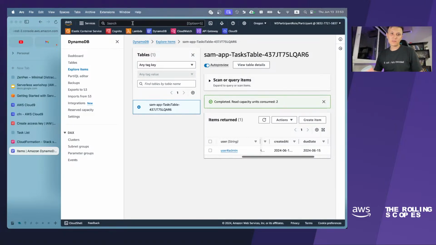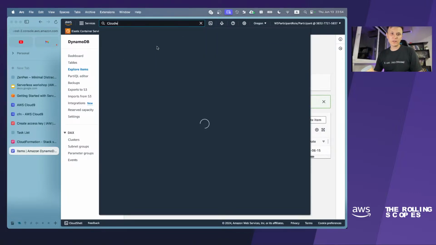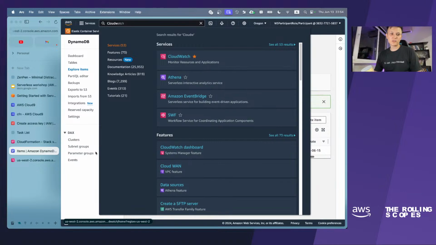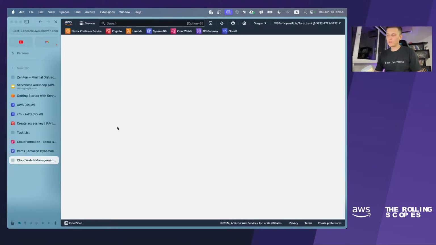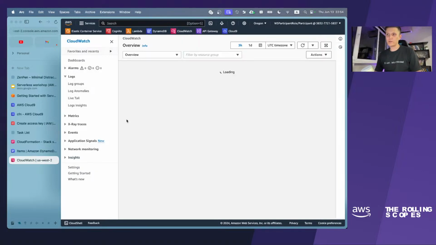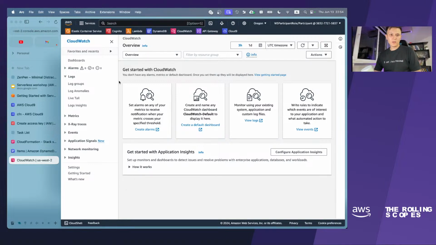And the second thing that we can observe is CloudWatch. CloudWatch is a service which is used as an observability tool in AWS. So basically you can observe log streams here in CloudWatch, and you can debug your applications using CloudWatch.